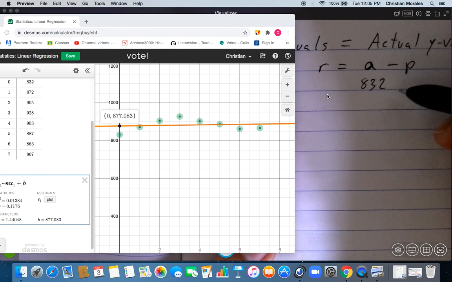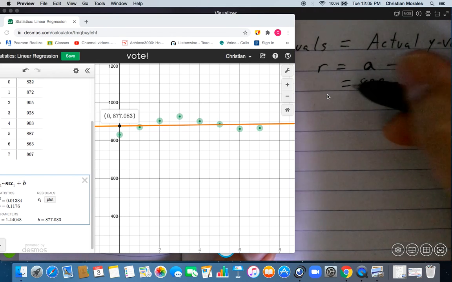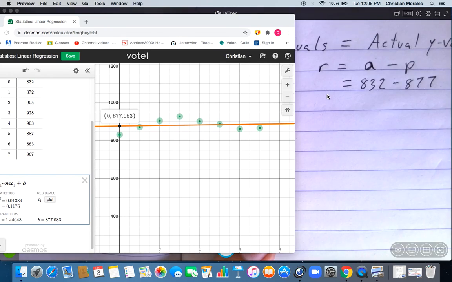What the line says I should have gotten is 877. And I subtract that, it'll give me a residual. And I can do it for all the points. Right here,